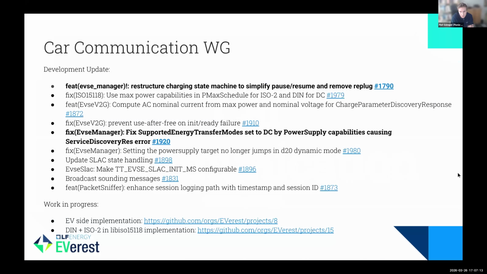And on the car side, we have mostly fixes this time. One bigger change was the restructuring of the charger state machine in the EvseManager module. It was required to improve the pause handling in ISO 15118 and also use cases with no power being available